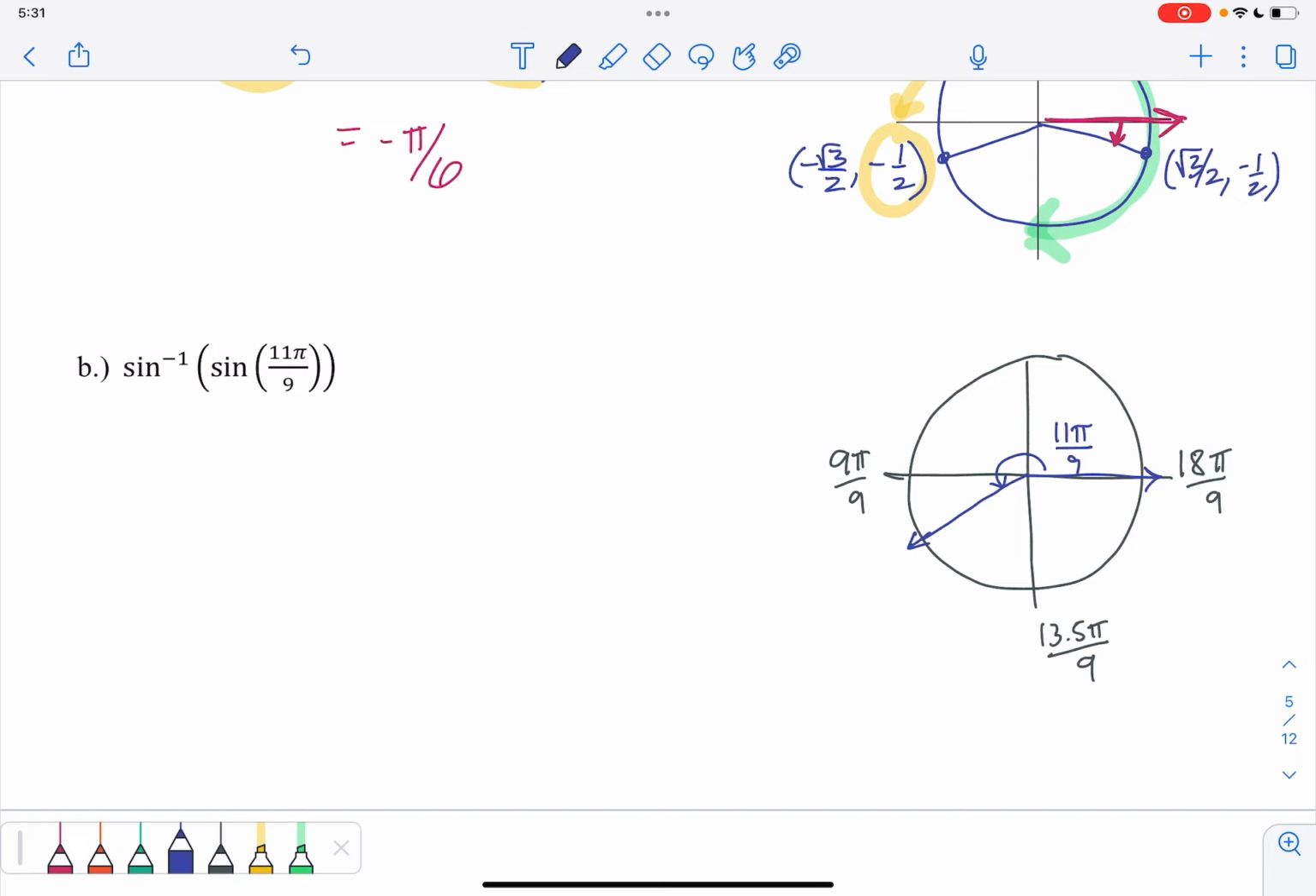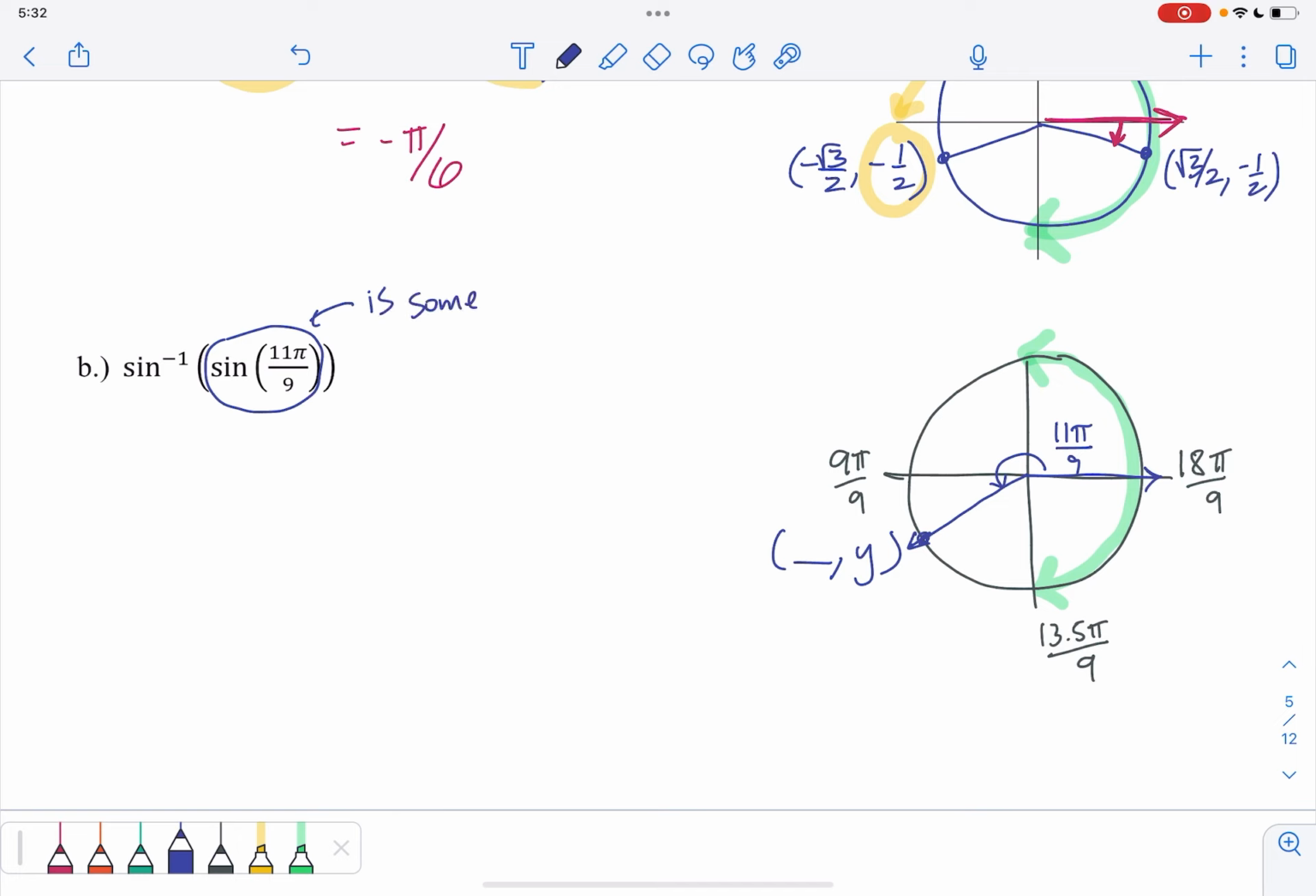So I go, well, where on the unit circle? So sine of 11 pi over 9 is some value, right? And it's actually equal to the y coordinate right there. Okay, so I go, well, where on the unit circle in between -pi/2 and pi/2 will the sine value be equal to that of the sine of 11 pi over 9? Okay, so let's write this like this. So what I'm saying is sine of 11 pi over 9